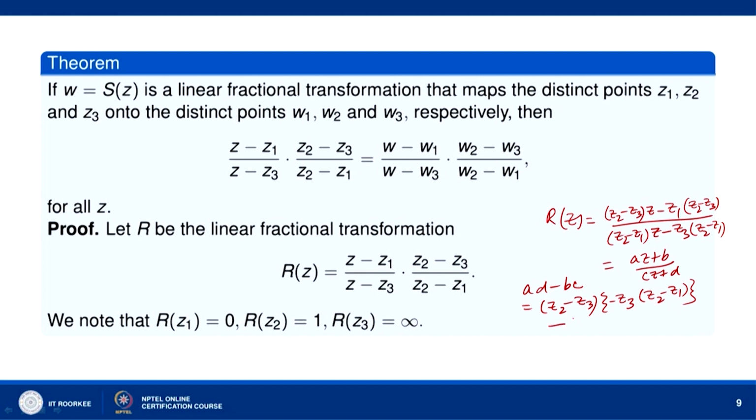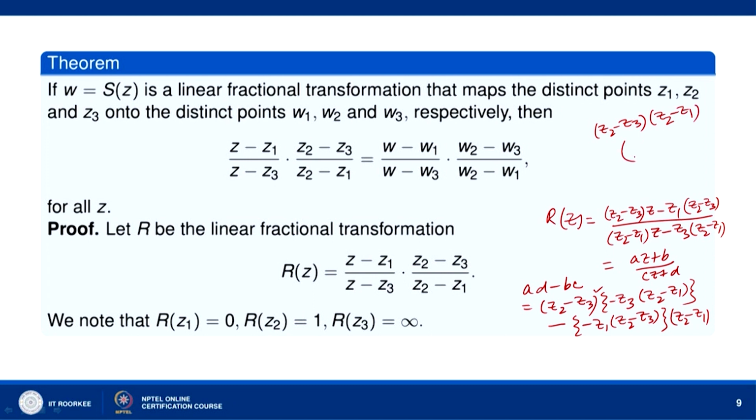Then minus B is equal to minus Z1 into Z2 minus Z3, minus BC. Okay. So, C is Z2 minus Z1. Now, from here what do we notice? Z2 minus Z3 and Z2 minus Z1 we can take common. So, taking these two factors common, Z2 minus Z3 into Z2 minus Z1,